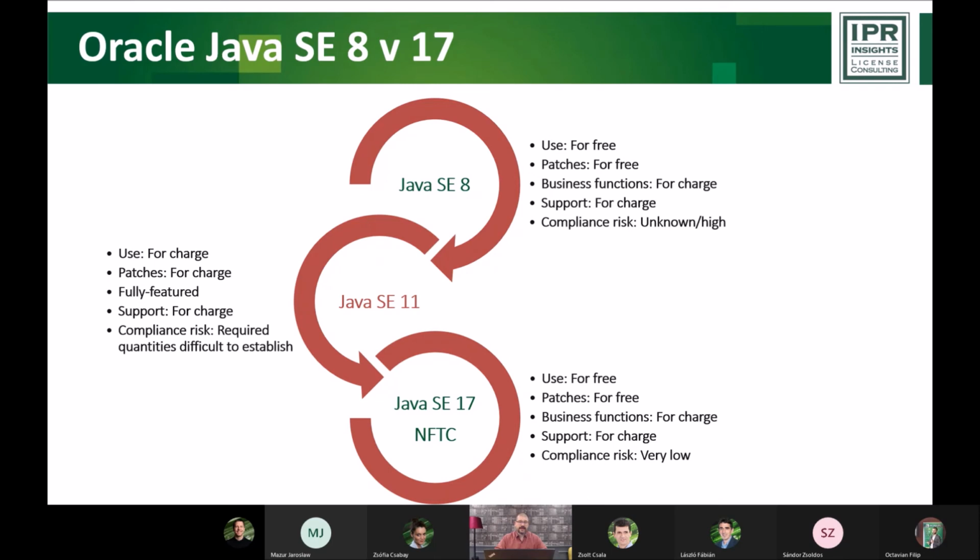And I think this scenario, if pushed further by audits, would have created a lot of friction between not just Oracle and the end users, but also between Oracle and developers.